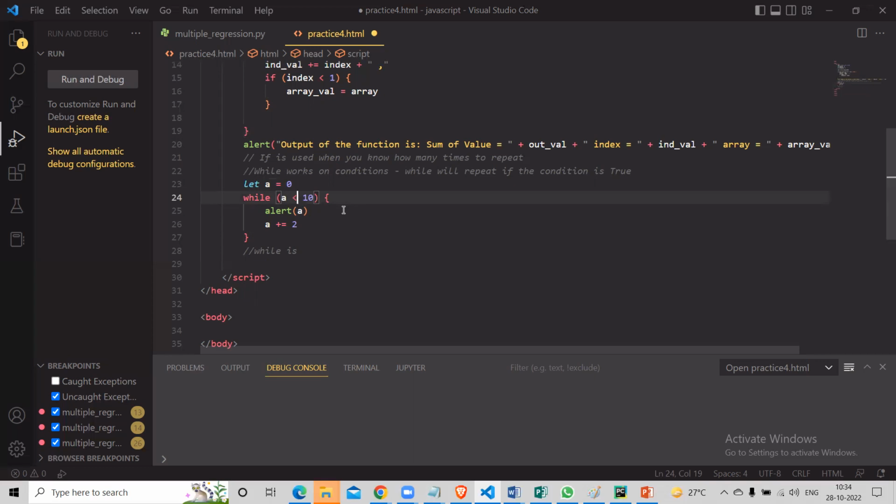And it continues till it is just less than 10. The moment it becomes 10, 8 plus 2 is 10, the condition becomes false and you come out. So while works on a condition, and it will repeat till this condition is true. Till the condition is true, it will keep on repeating. You can directly say true here. If I say a equal to true and I say while a, it becomes an infinite loop,